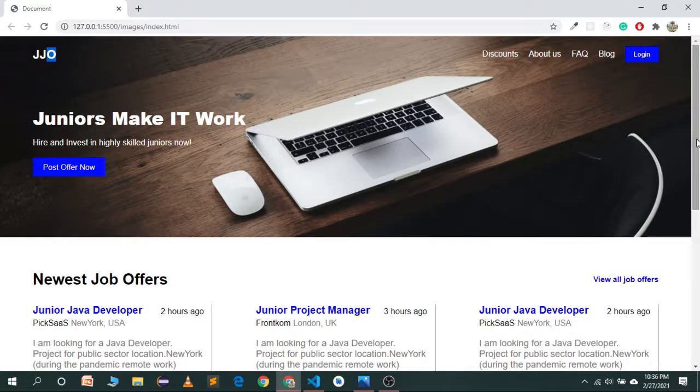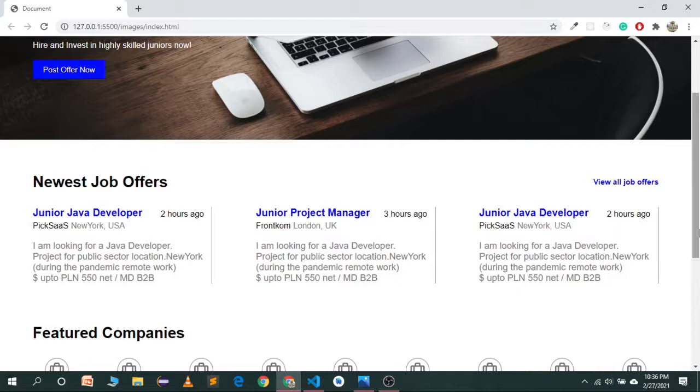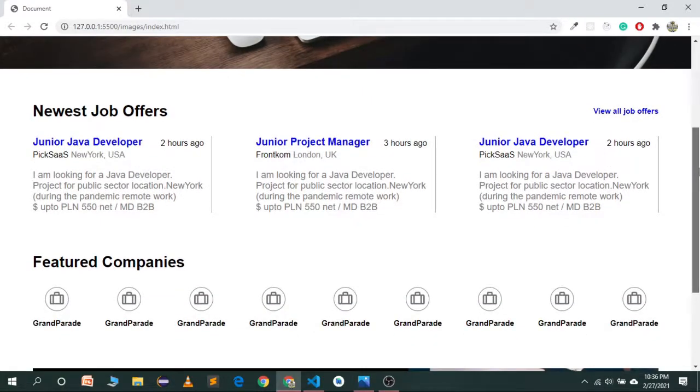So the next portion is a job portal where we have different job offers, or we can say the different jobs which are posted on our website. So this is a job section. The third section is the featured companies, the companies which hire from our website. The icons are the logos of the companies, and underneath is the name of the companies. You can change the icon, and you can also change the name of the different companies. You can replace it with the different social media companies that you want.